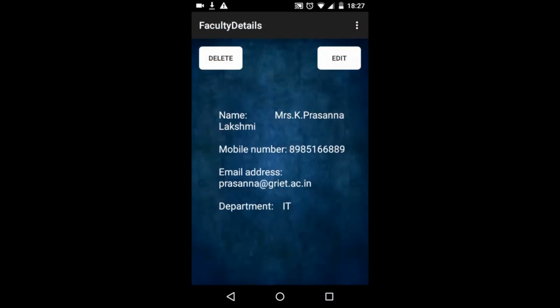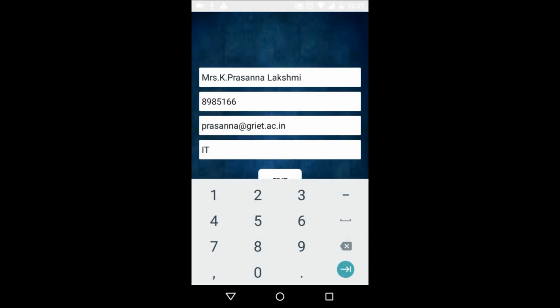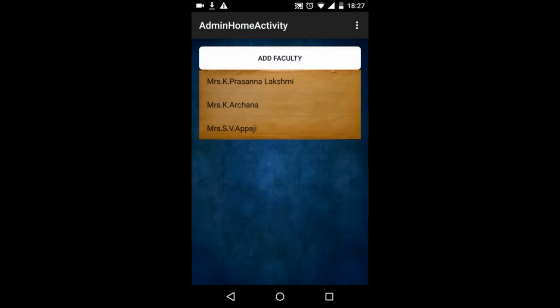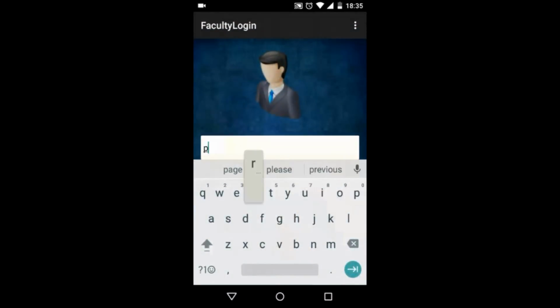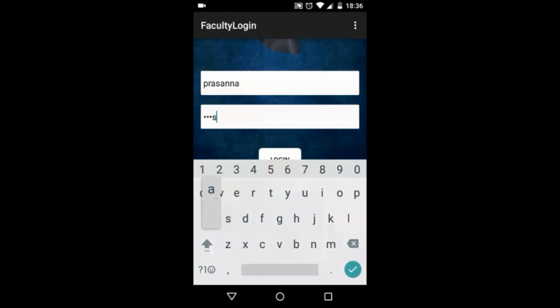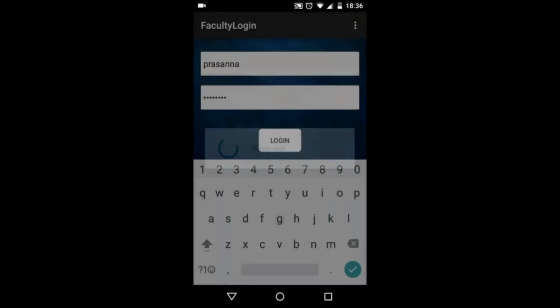We see that for every semester, faculty members keep changing. In order to avoid confusion, the admin can edit or delete faculty members and then add the new faculty members for that semester. The admin mainly provides confidentiality. No other faculty member can view the details of other faculty. Next, we have the faculty module. The faculty member should log in using username and password. This should be priorly authorized by the admin.